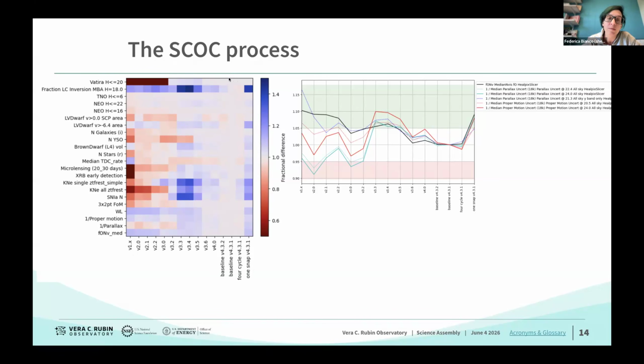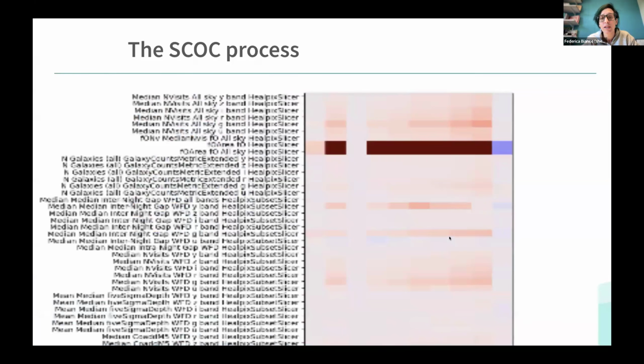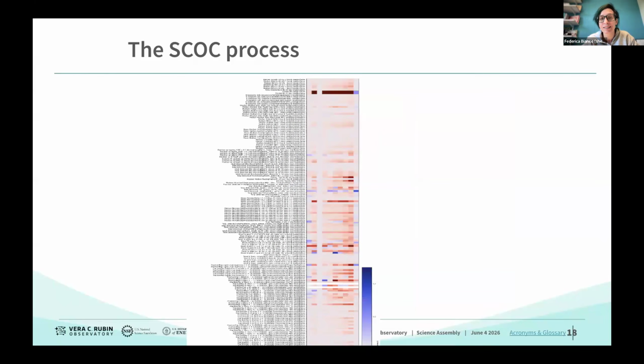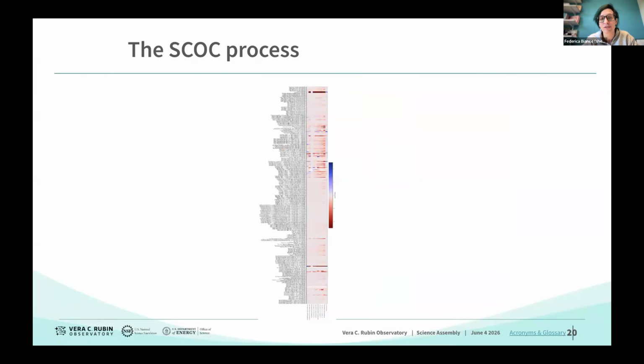And we always choose one simulation as the reference one. In this case, it was baseline 4.3.1. And so that gets assigned the value of 1 for all the metrics. So we can see comparatively, are we improving the science throughput or are we damaging the science throughput? You can also look at them as a line plot. To the right here, we do both. And really, it's a lot more complicated because that is a very selected subset of the metrics that the SCOC works with. This is a more complete yet not complete list of the metrics that we look at.